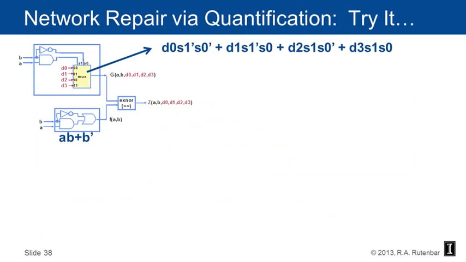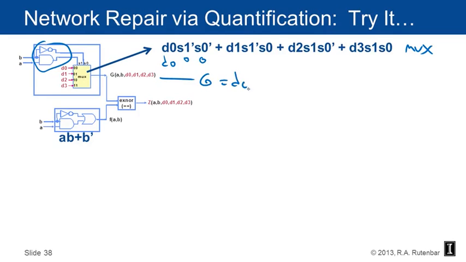Let's go do it. Let's convince ourselves we can do it. So the first thing I'm doing on the top is I'm just writing the equation for the multiplexer. So for example, when S1 is a 0 and S0 is a 0, D0 is the value you send on out. So that's just the mux. So what's the G function? The G function is if we just take the function shown on the top and replace it with basically this logic,